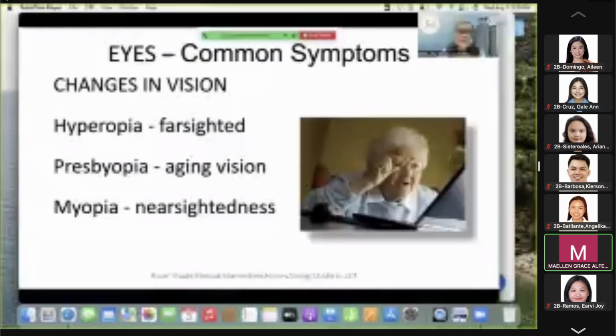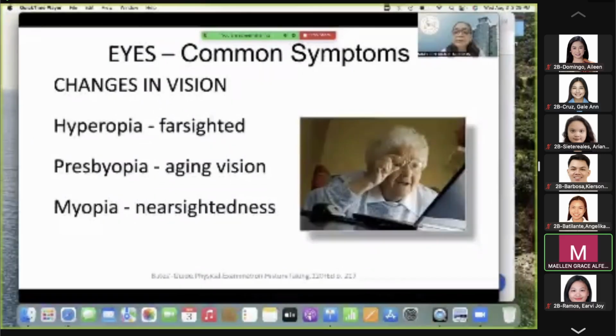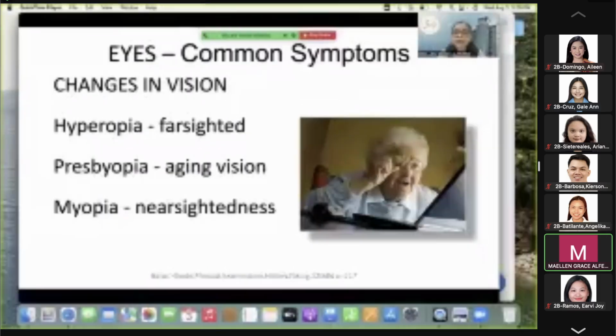A lot of times, this presbyopia is evident by the age of 40 and older, and this is the time when reading glasses are being used by